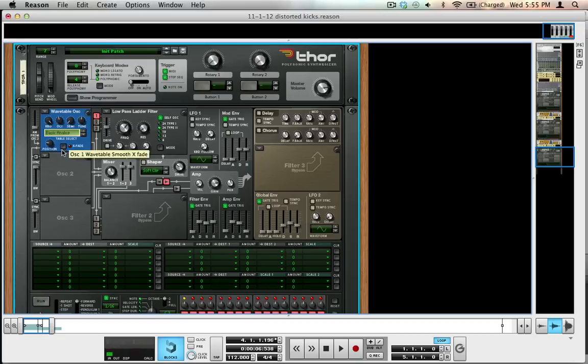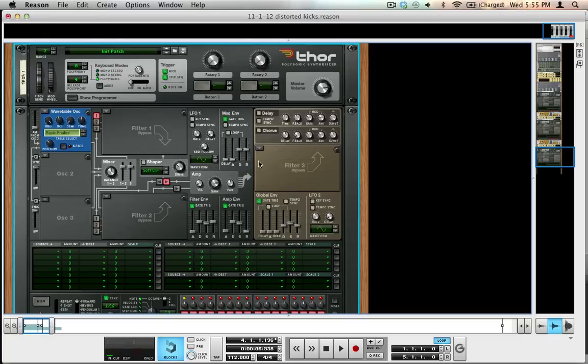We're going to turn the crossfade off. By default, it's going to be on sine wave. We want it to be on triangle, so we adjust its position a bit. About a quarter of the way around will get us to triangle wave. Octave is already at the right octave. Normally for the kick drum we'd bump it down, but we want to octave up, so we just leave it. Take off this filter,